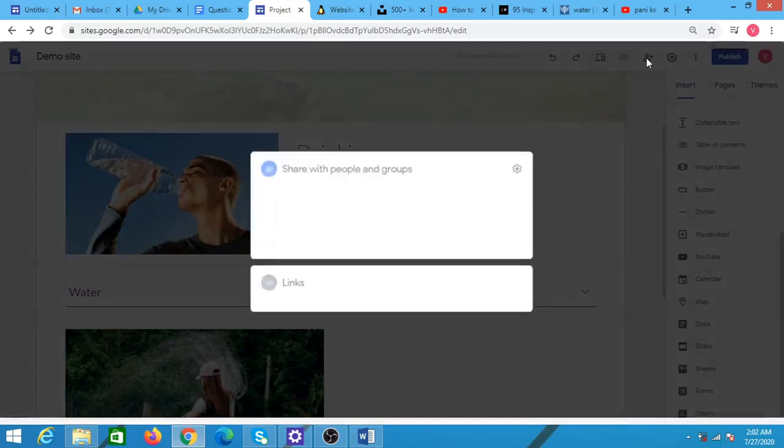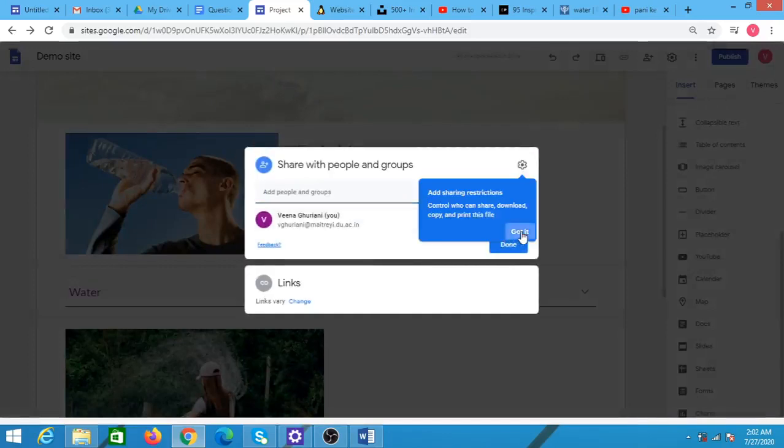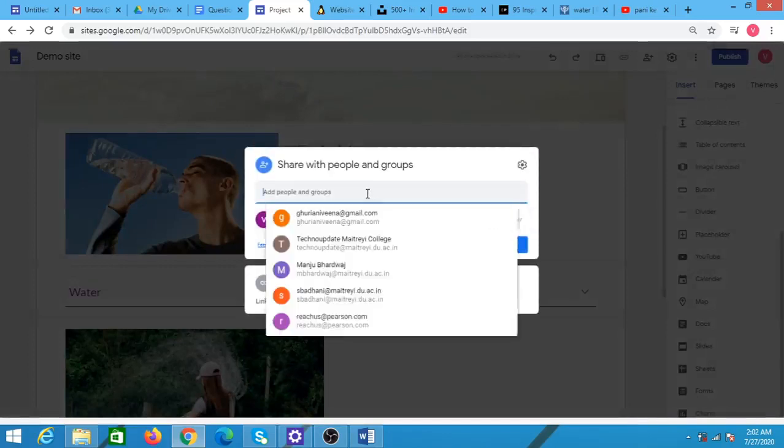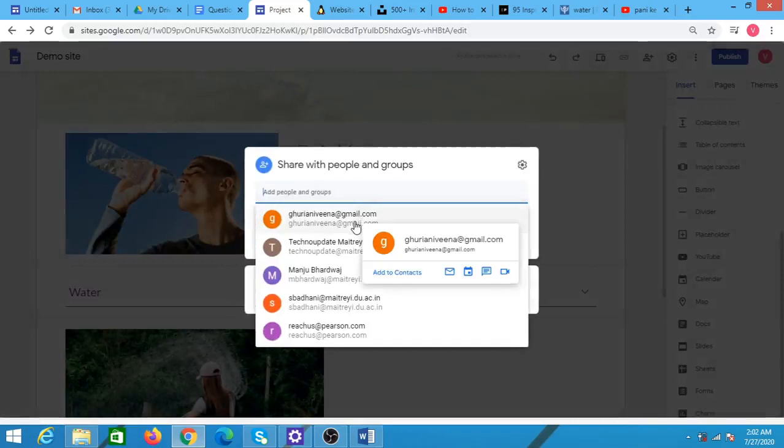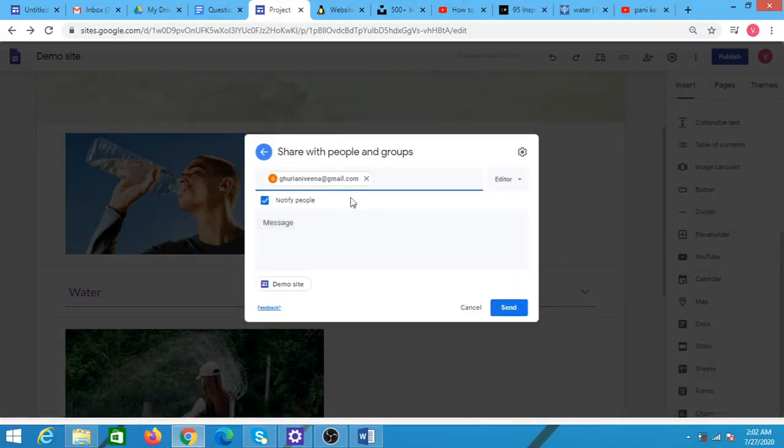When you click on it, it asks you to add the email ID of the people with which you wish to work. So, I am adding a user over here. And on the right hand side are the permissions that can be assigned to the person. So you have two permissions: to act as published viewer who can only view the website, or as an editor who can make changes to the website as well. So if you want the person to help you in developing, you will have to give the permissions of editor.